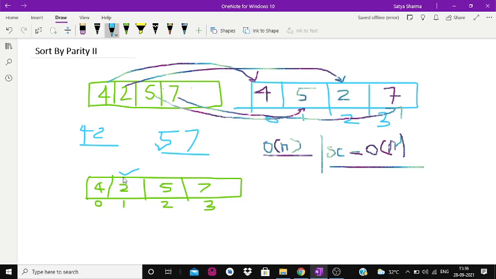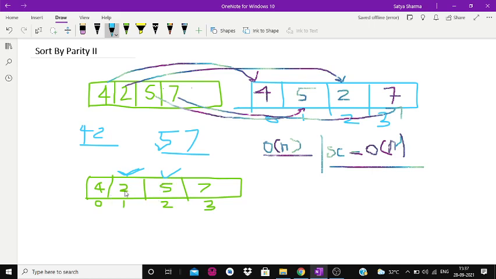So if it is violating the condition, then there should be its complementary at some even index that is holding an odd number. You can see here that at index 2, 5 is present, that is an odd number at an even location. So there will always be a complementary to some violating condition, just like the complementary to 2 is 5, which is also violating the condition. So at a time you will have two violating indices.